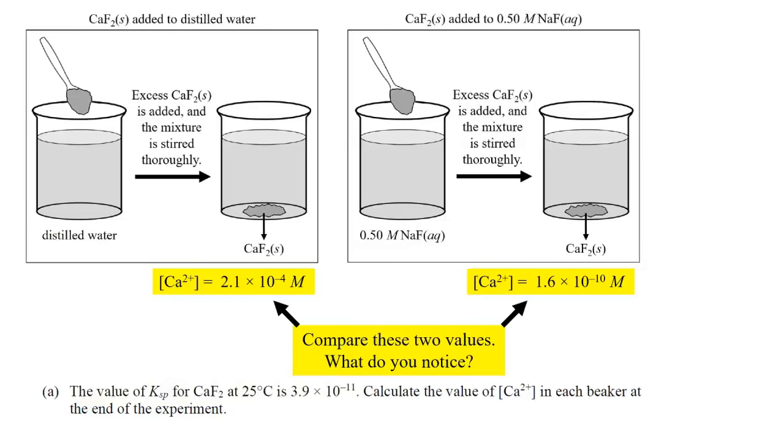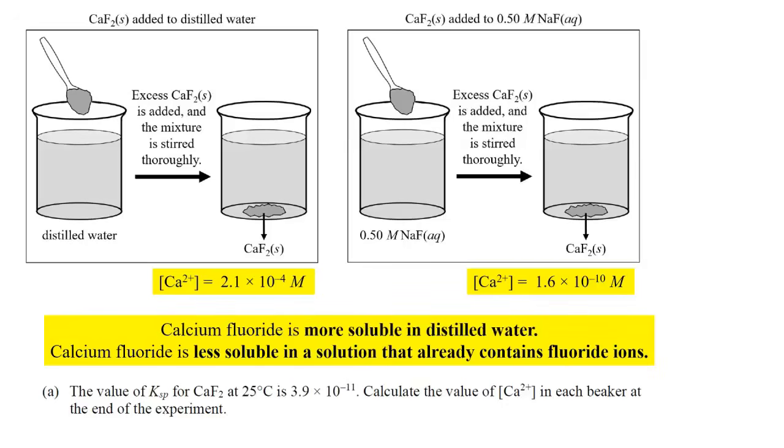Compare these two values. What do you notice? Well, hopefully you notice that the concentration of the calcium ion in the second solution is much smaller than the concentration of the calcium ion in the first solution. Again, this is another example of the common ion effect. So calcium fluoride is more soluble in distilled water. Calcium fluoride is less soluble in a solution that already